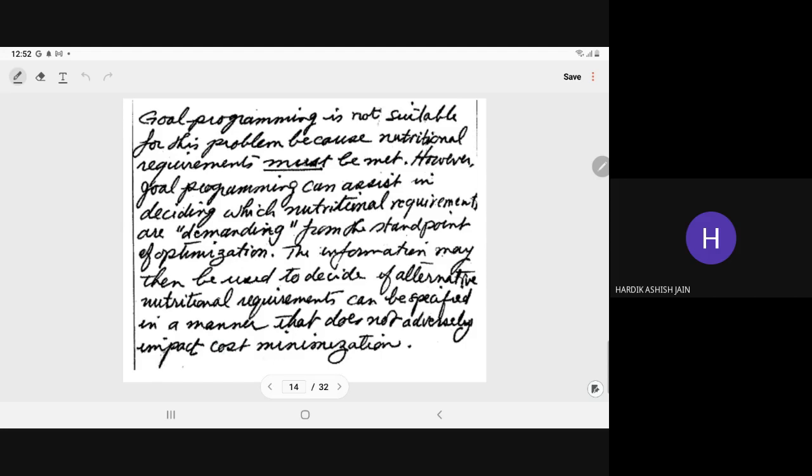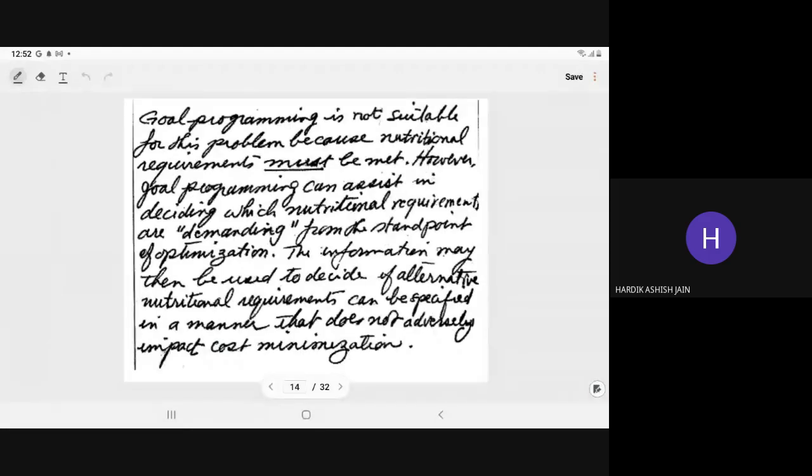So with this we can get the help of checking whether, within the limits you have already set, you can achieve the goal or not. If you are not able to achieve it, you have to reset your limits. That help it can give you. But in such a problem, goal programming is not advisable.